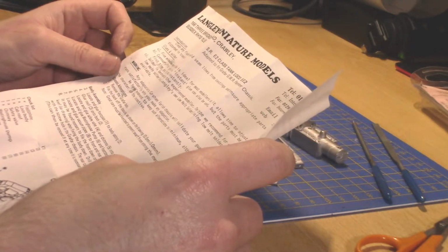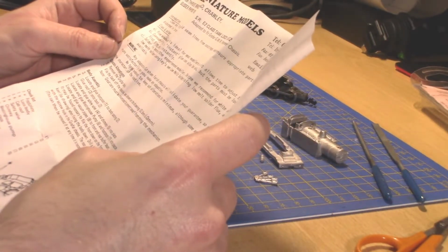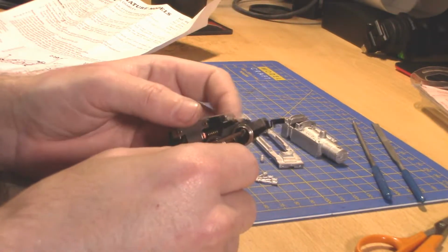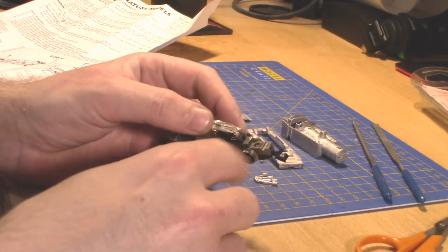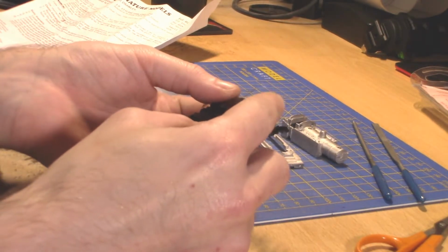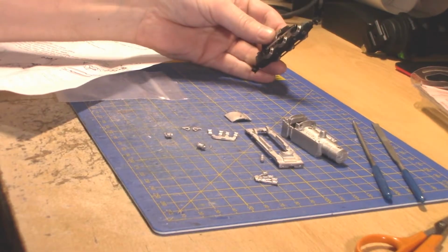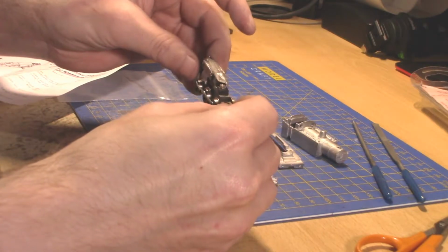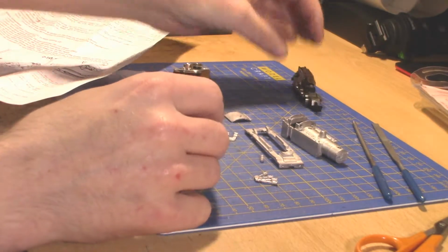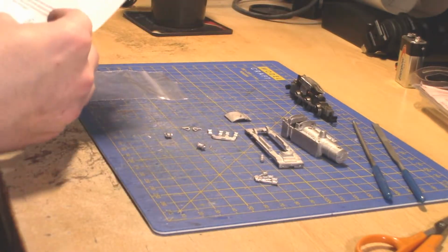Chassis alterations, which is basically remove the body and file off some of the chassis block itself. Basically, file down a little bit on the front here and take off about 0.5 mil from the back all the way down. So we'll be doing that as well, and I'll show you. It does run. Just about runs. Sometimes the coupling rods do fall off and then clog everything up, but other than that,